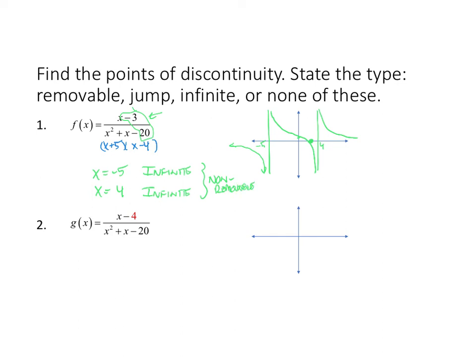The situation changes, though, when we have x minus 4 in the numerator, because we can cancel this, but it still leaves a hole in the graph. This function now simplifies to a hyperbola, one that we memorized, that has been shifted over 5 units to the right. So this is our basic shape of the function. Boy, I'm glad we memorized this, aren't you? And so now we know that